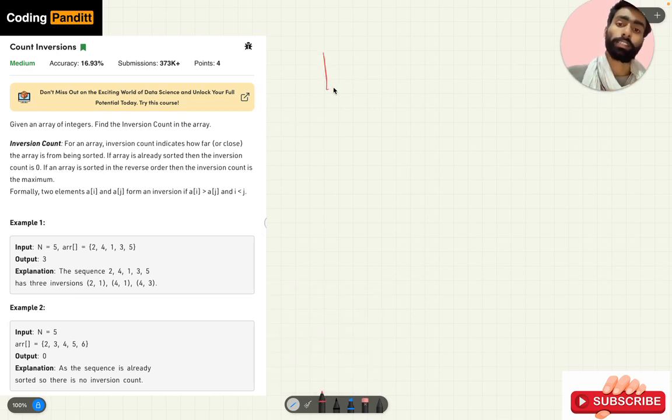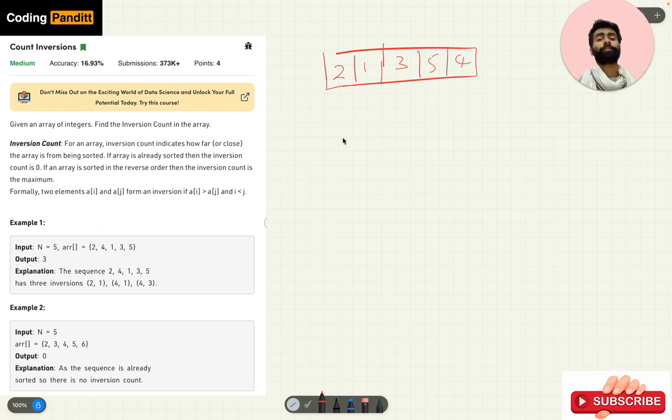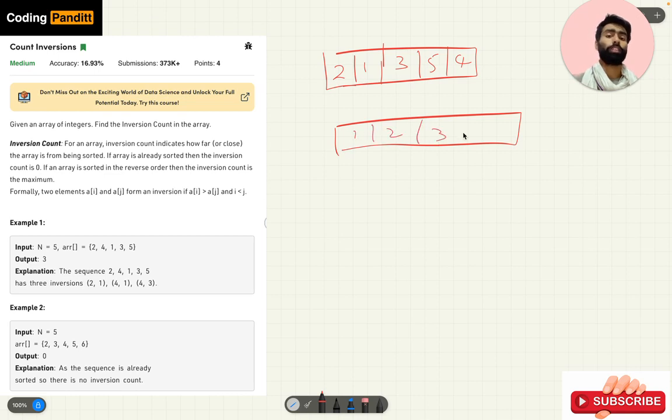That is, let us say there is an array 2 1 3 5 and 4, and its sorted array will be 1 2 3 4 and 5.